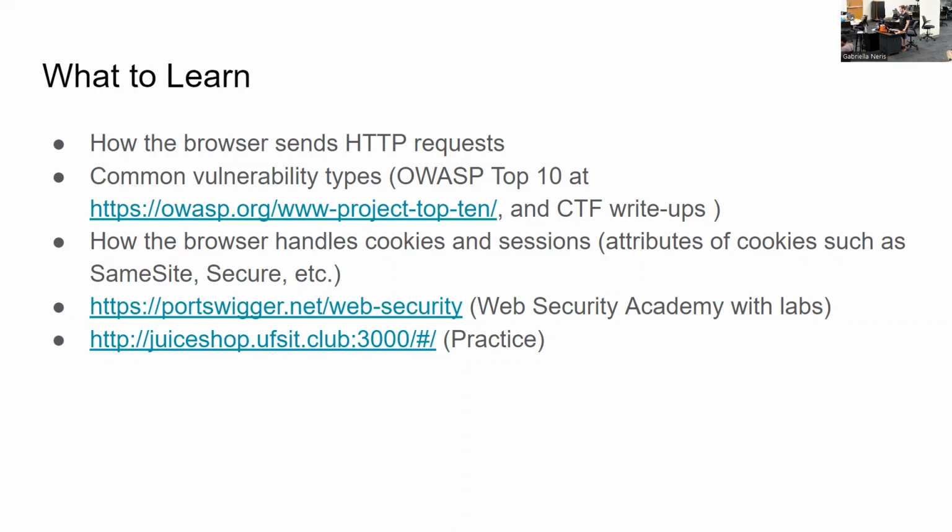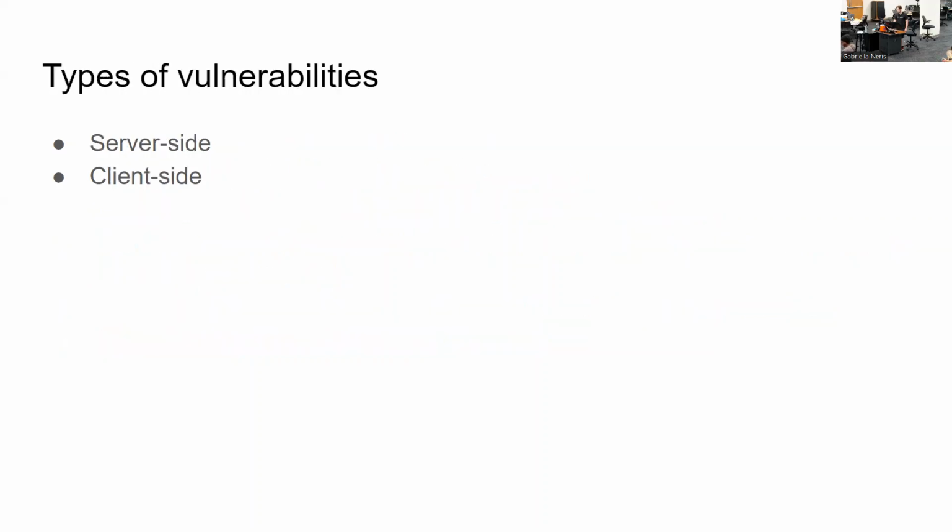And then getting a little more advanced is PortSwigger's Web Security Academy, which provides a lot of real-world examples and gives labs to practice exploiting. And then there's also Juice Shop, an intentionally vulnerable web application that we have hosted for ufsit.club, and that you can practice on there for some of the